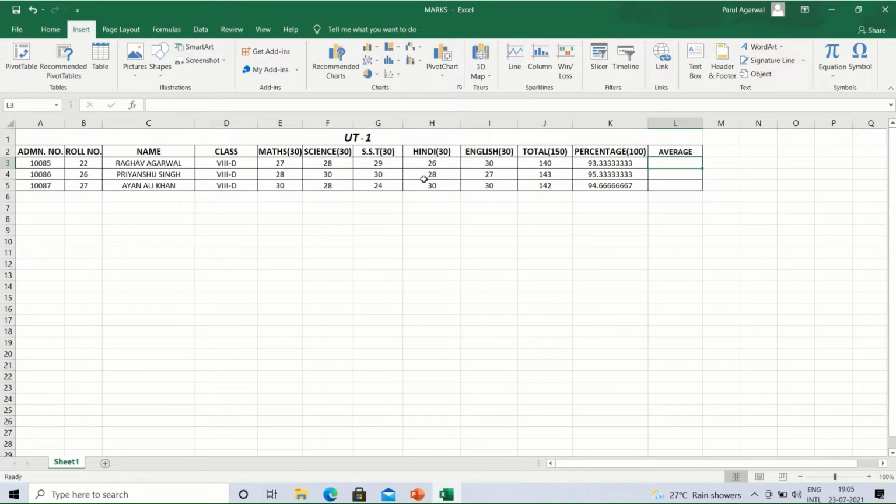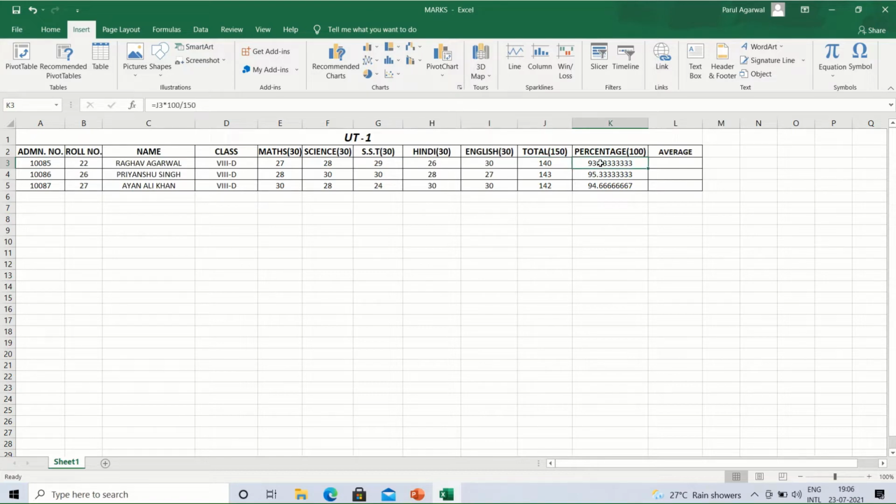The spreadsheet is the worksheet which has the marks of different students in 5 subjects. The subjects are math, science, SST, English and Hindi, along with total and percentage.